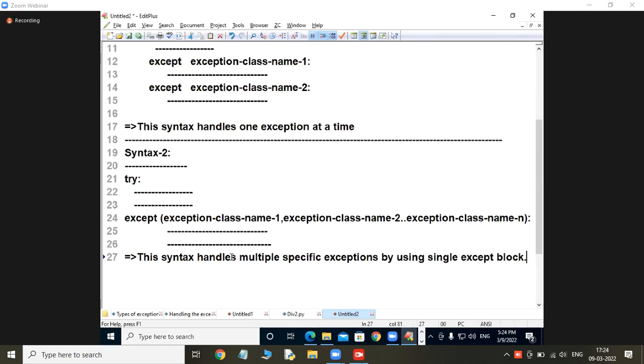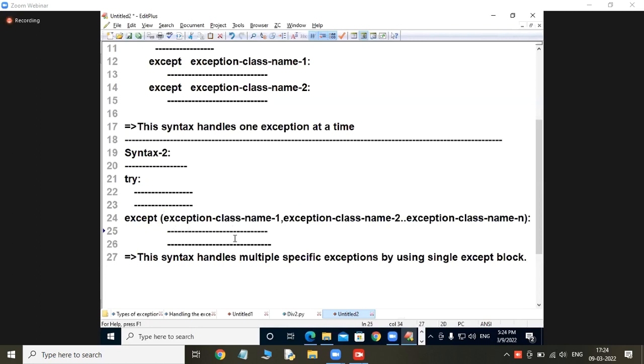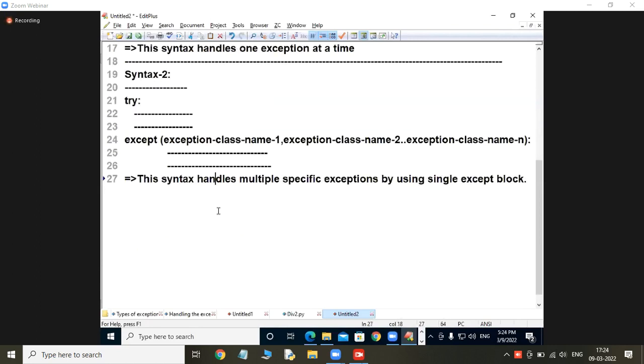That's why this is known as what? Multi-exception handling block. Multiple exceptions are handled by which block? Single except block. This is also one useful thing.